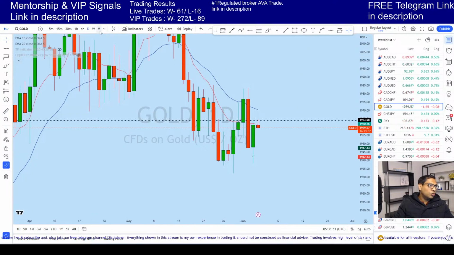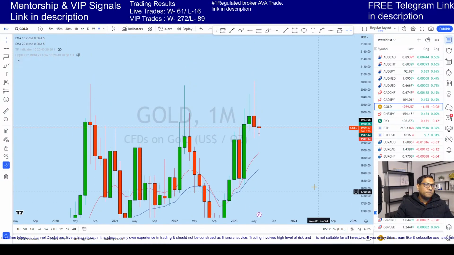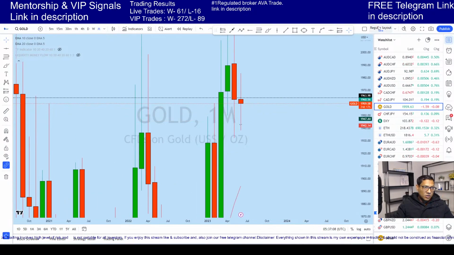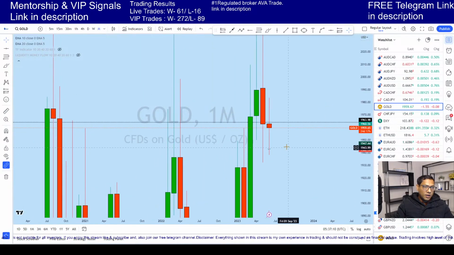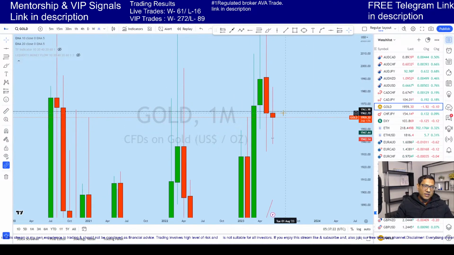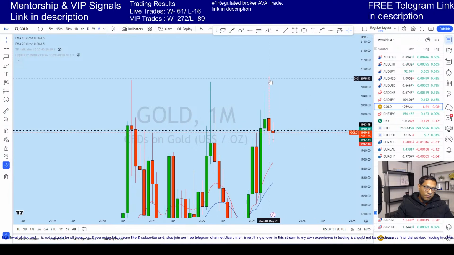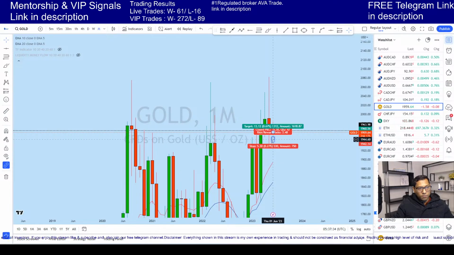So to understand, let's first look at the monthly. From the monthly perspective, we see that the price is following a pattern, a station, as I call it. A station is like, for example, the price after crossing this long wick candle, with a higher low creation, has bounced up. With that bounce, I think the sellers might try to sell this market again from the monthly perspective. The reason is, you can see that the previous month is a long bearish candle.